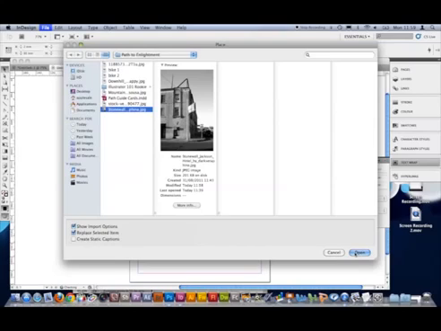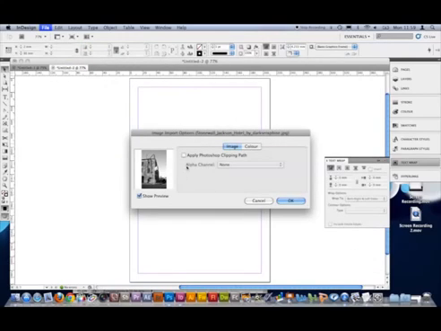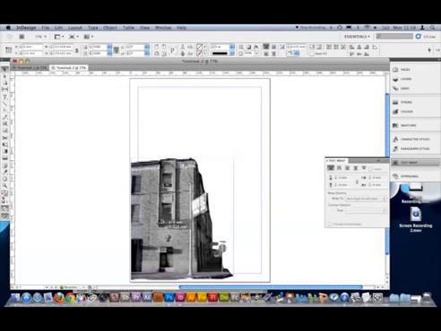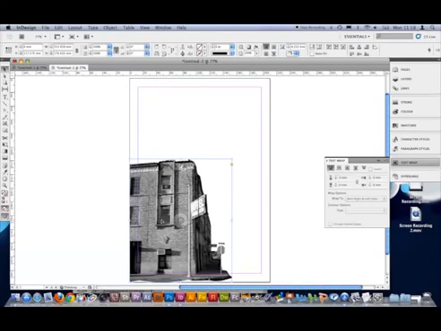And if I click open, it comes up and it says, do you want to apply the Photoshop clipping path? And if I say yes, you'll see there that it takes on a completely different shape. When I click OK and pop the image in, there is the Photoshop path that we just created going round about our building. And again, if I take my text tool like I did earlier, and I just draw a text box over that,